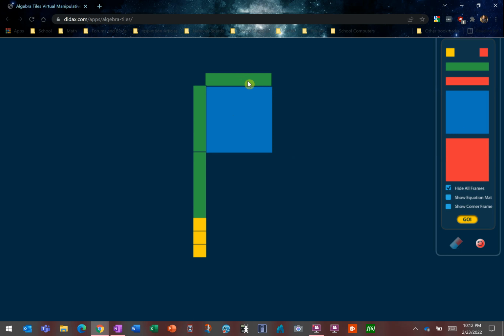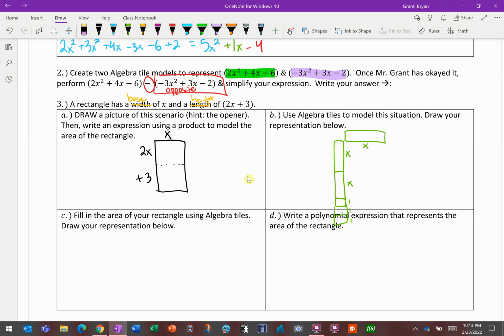Now we're doing x times this x down below. That's another x squared. And then we have x times 1. I need a single shape that fills this. Hopefully you can see it's another x, and an x, and a third x. And so our final answer here, the inside of the rectangle is built by how many of these x squared shapes? Well, it's built by 2 of those x squared shapes,